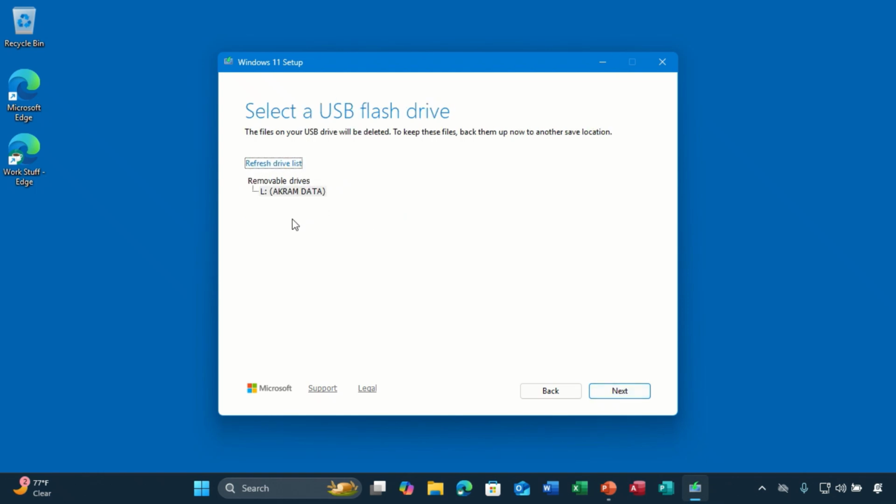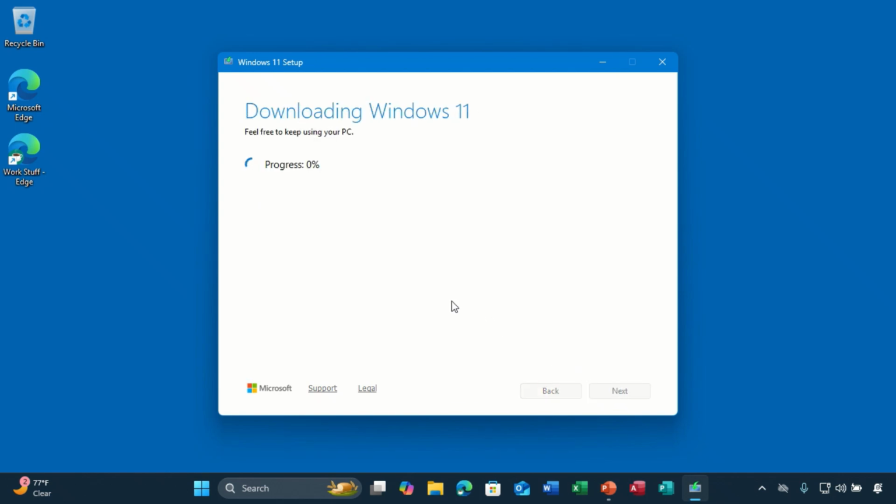Then it will show you all the flash drives that are plugged in your computer. In my case, I have only one flash drive. It is this one, so I will choose it. Then you click next. Now it will start